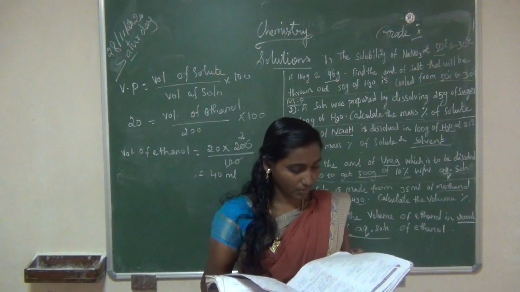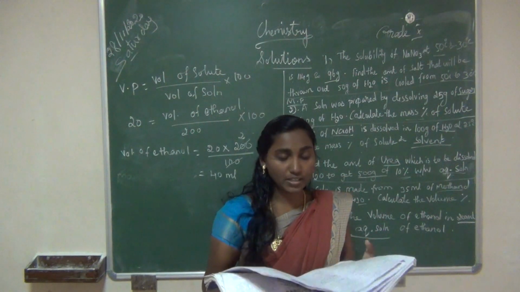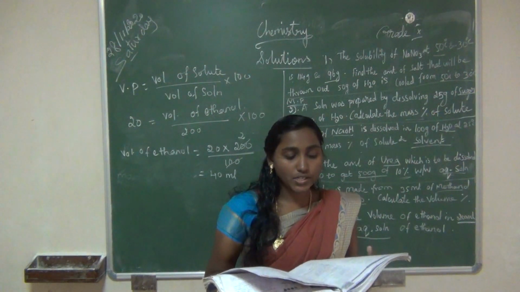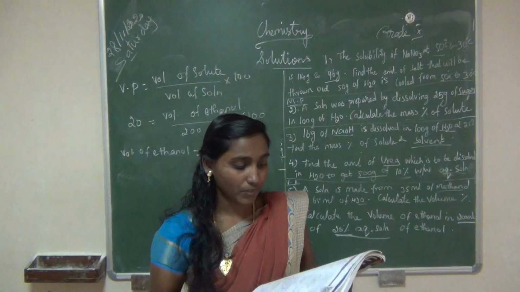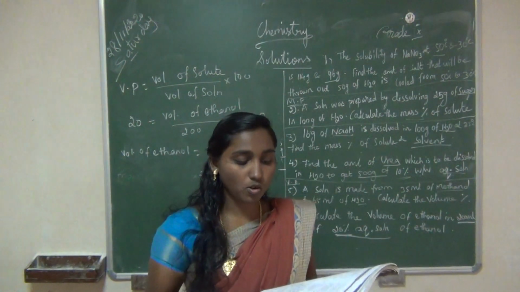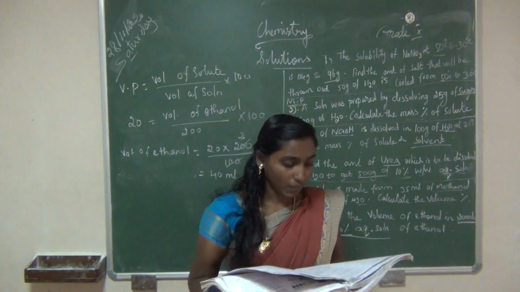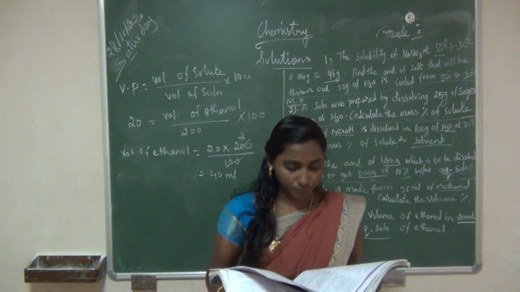Sixth one, when pressure is increased at a constant temperature, the solubility of gases in liquid increases. Seventh one, 11 gram. Eighth one, 25 ml alcohol in 75 ml of water, option C. The ninth one, option A, strong affinity to water. Then the 10th one, silica gel.